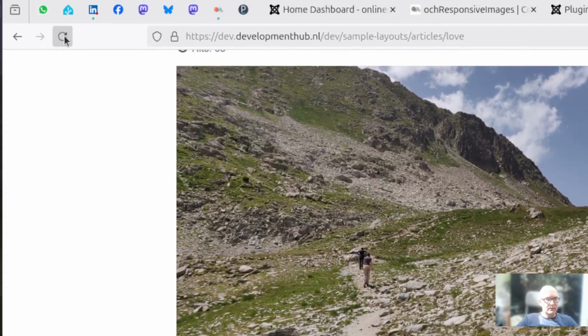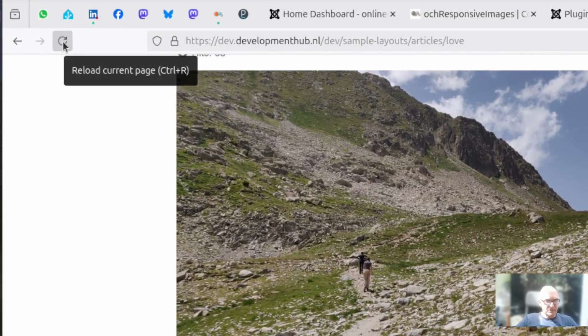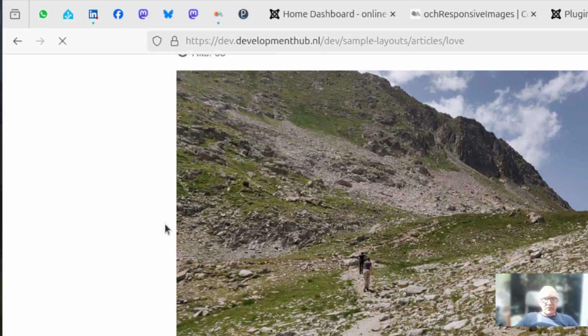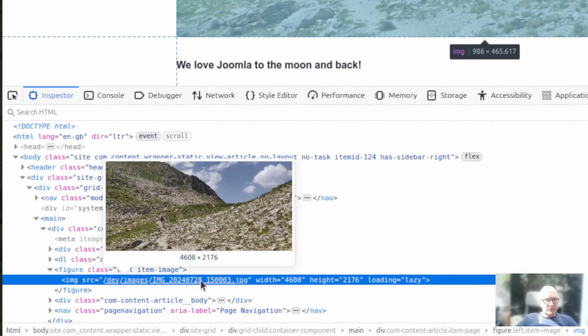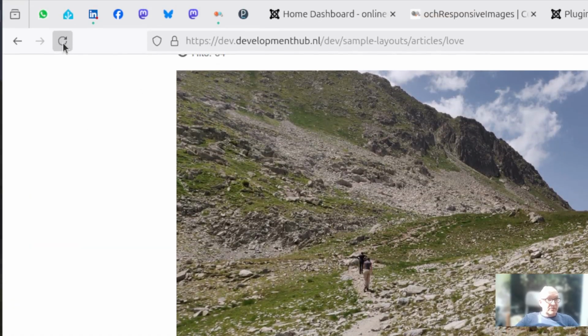So let's refresh this page. As you can see, this will take now a little bit longer because OCH responsive images sees that there are no optimized images yet. It will create them, but in the meantime it will still display the page without the optimized images.